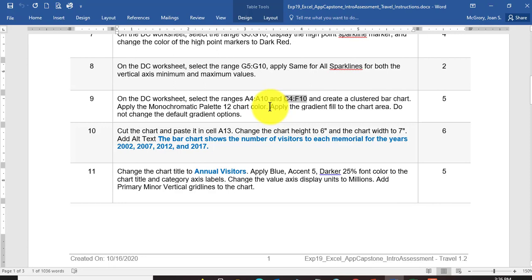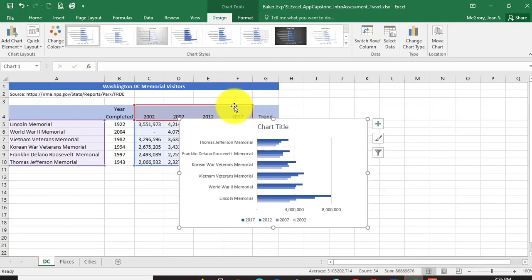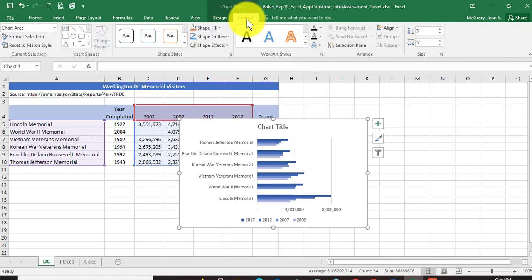The rest of my instructions say to apply the gradient fill to the chart area. And it continues to say, do not change the default gradient options. So I just need to fill in the whole chart area with whatever the default gradient fill is. So I still have my chart selected, and I need to format the chart properties, and there are many ways to do that. Under Format, you do just want to make sure that you have the chart area selected. Maybe I'll click on Format Selection,